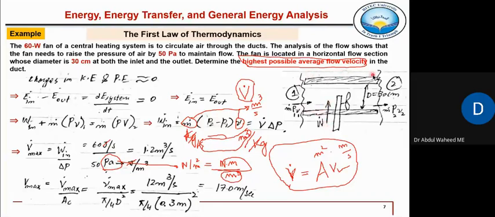So in every problem, always draw the schematic diagram first. Clearly show what is inlet, what is outlet, then show all the data on it. The surroundings should be very clear. All the energies should be crossing the system boundary. If you draw the boundary here in this way, it is wrong, because across this boundary nothing is crossing. No mass is crossing, no energy is crossing. So that representation of the boundary is wrong, right? So in the exam, always try to show the proper boundary and the energies which are crossing, then write its